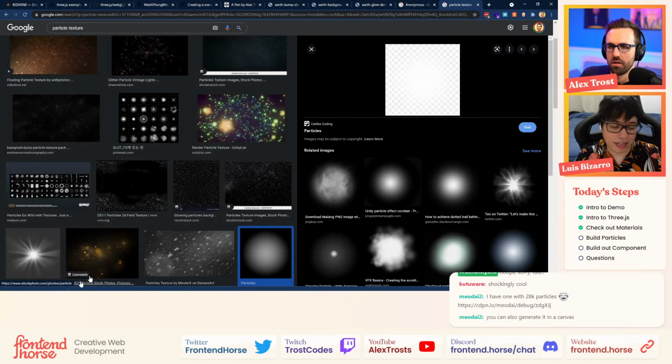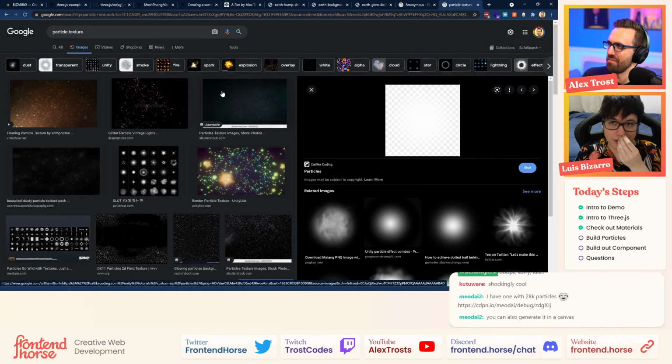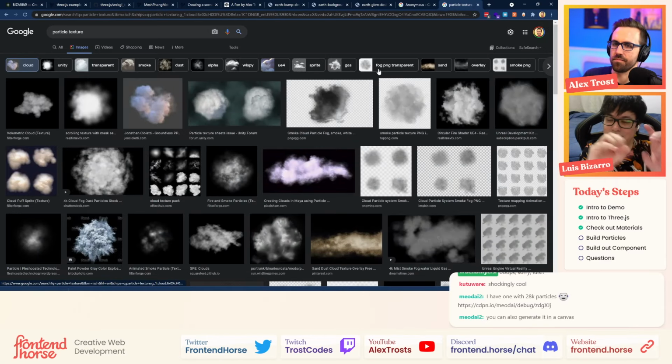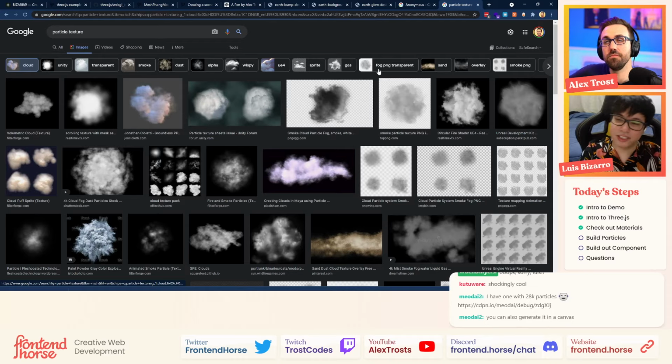Your particles can be literally anything. There is one trick, more advanced in the WebGL sense: you can create one PNG with different channels, one for the red channel, another for the green channel, and another for the blue channel. You can show three different particles in a single PNG. That reduces the amount of textures that you have in your WebGL application.